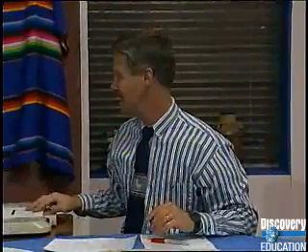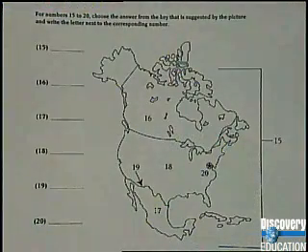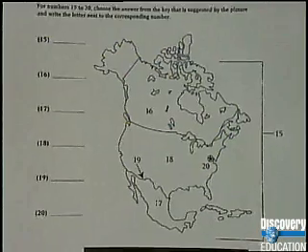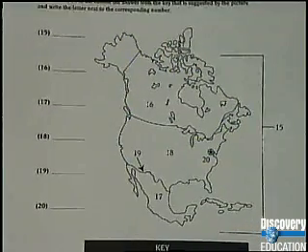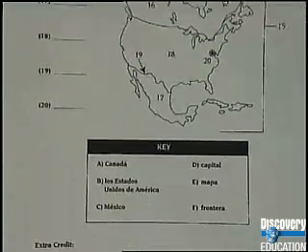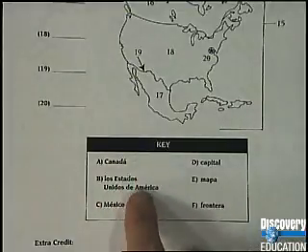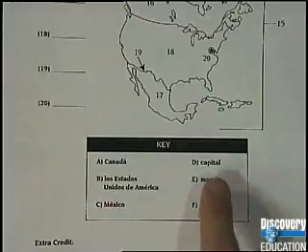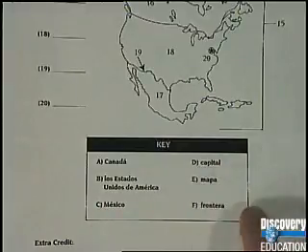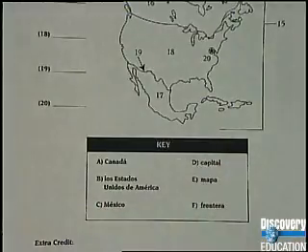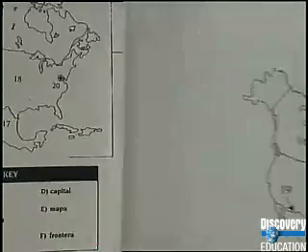Muy bien. Well, you're more than halfway finished. Why don't you take a moment to stretch, relax, stretch your fingers out, and we'll go ahead and continue now with numbers 15 through 20. On these, please identify the location or vocabulary word suggested by the picture and write the letter of your response from the key next to the corresponding number. We have Canadá, los Estados Unidos de América, México, capital, mapa, frontera. So you're going to choose from those. Let's go ahead and begin with number